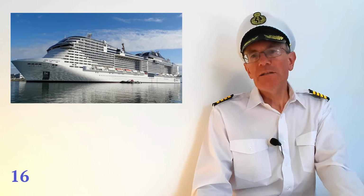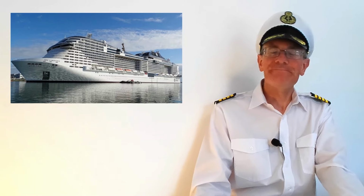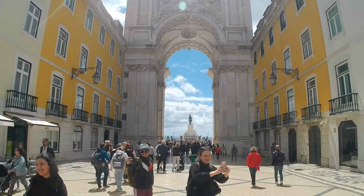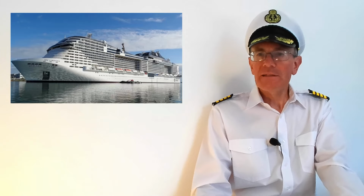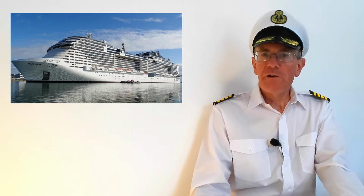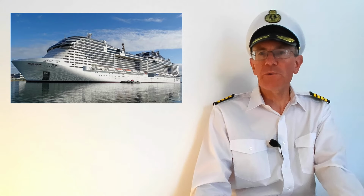Tip number 16 is really important. Don't miss the boat. If you go ashore and explore the port independently and you're late getting back, the ship will leave without you. The all aboard time is in the daily programme on port days. Remember it. Take a photo of it on your phone. Remember to allow for any changes of time if you're travelling to a destination in a different time zone to where you set off from,